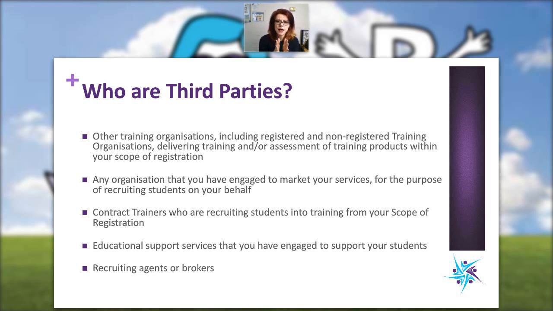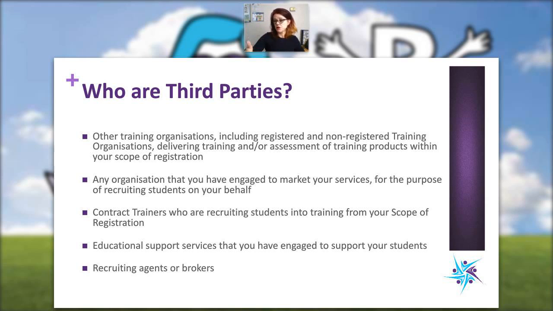Now, if you have contract trainers, they're not necessarily a third party. You might have a contract trainer who you've hired to do the training and assessment on your behalf, but you're collecting all the evidence and entering it into your database and all that sort of stuff. You don't have to have a written agreement per se, like a third party agreement. You should have a contract in place and a position description that they sign. In the one that we provide, the position description actually states what legislation and what standards they have to comply with. So they actually sign that.